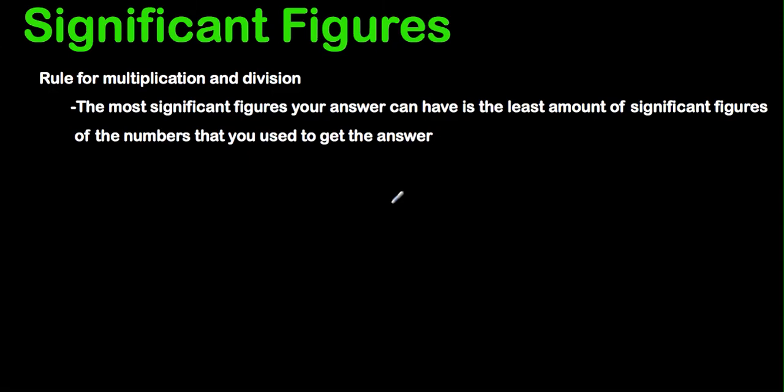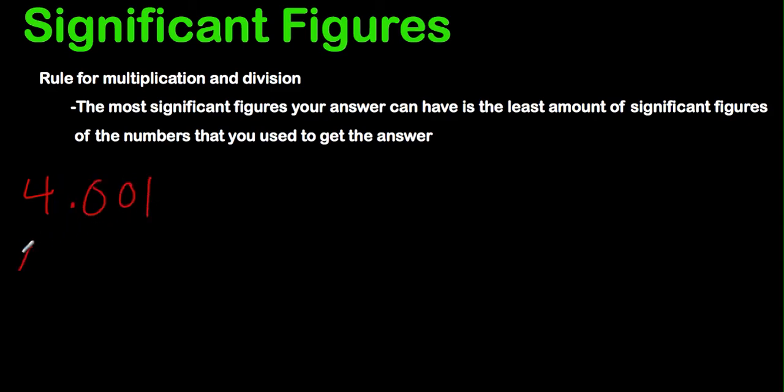The rule, again, simply stated: the most significant figures your answer can have is the least amount of significant figures of the numbers that you use to get the answer. What that means is you can't have an answer that's more precise than the numbers that you put into the calculation to get the answer. And again, we'll work through some pretty simple calculations to give you an idea of how to apply these rules. So our first one is going to be